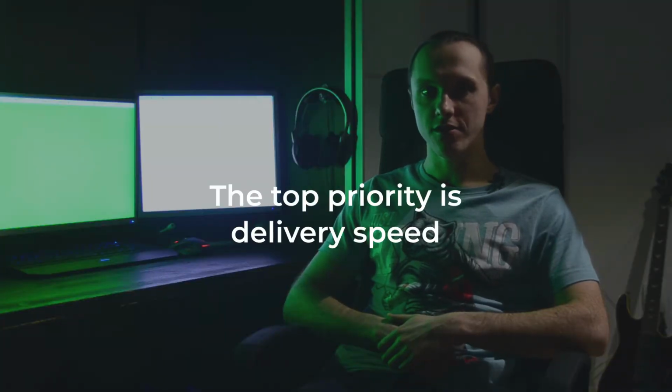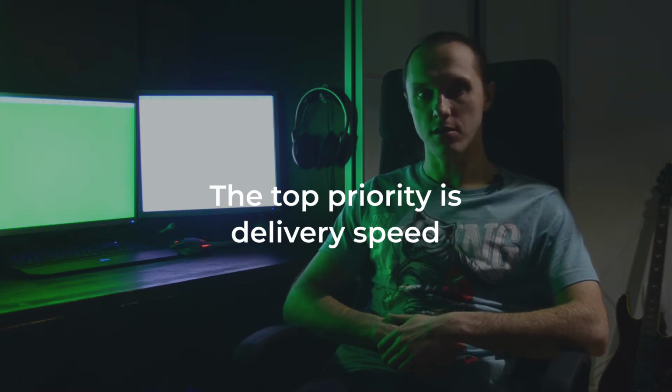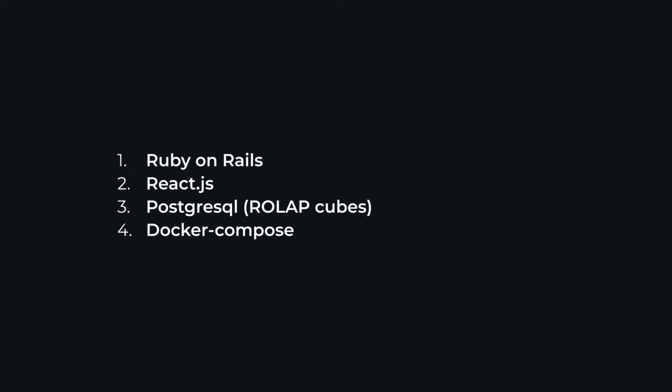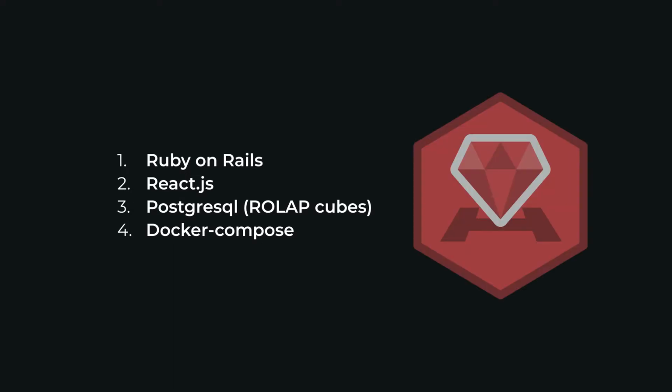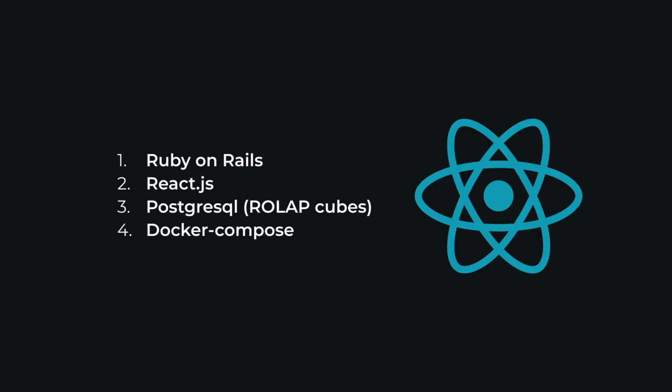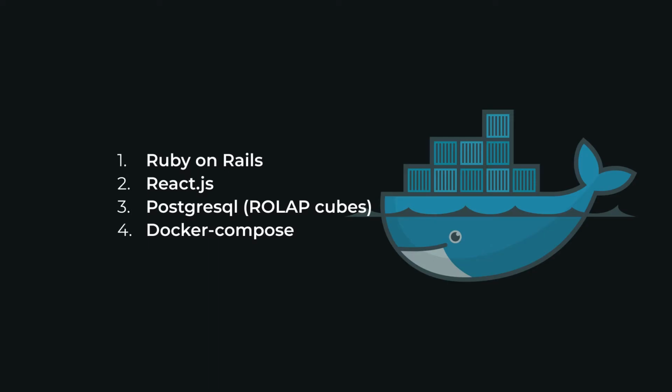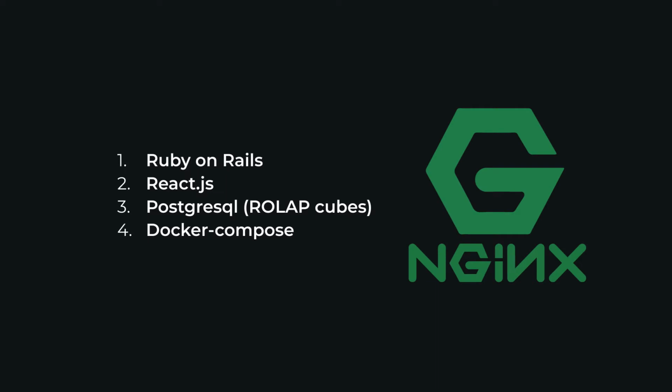Once again, the restrictions of a startup environment required us to move fast and get client feedback as soon as possible. Here is a list of tools I used to build the UI. Ruby on Rails was used to build the server side. The code-first approach allowed me to create new features quickly. Almost at the beginning, I understood that only server-side rendering wouldn't be enough, so I started using React.js on the front side. Then it became a separate Docker container building statics for the front. I used Nginx to provide static files, including video.